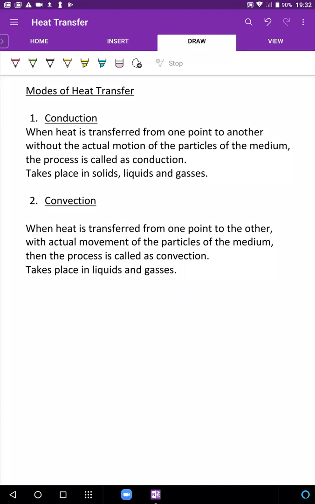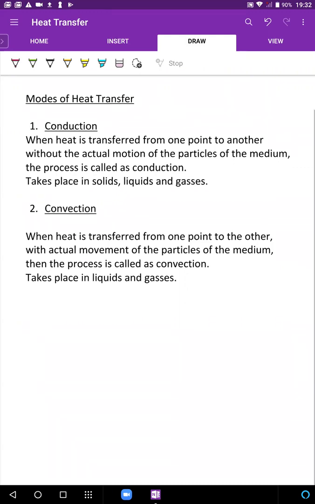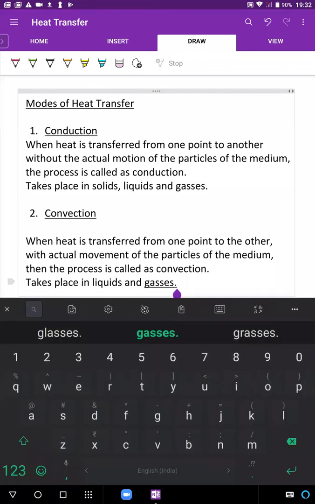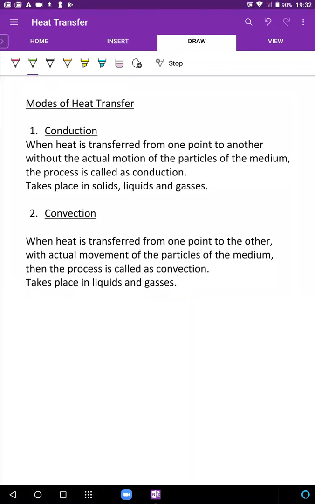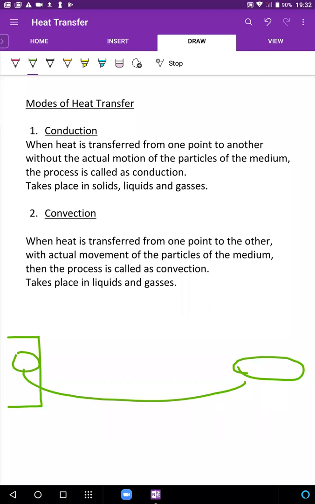We'll actually talk about convection in a bit, but just to give an illustration. Conduction is like, imagine this is a restaurant and imagine this is your table. Okay? And this is the counter where food is being prepared. Okay? So imagine food needs to go from the counter to your table.